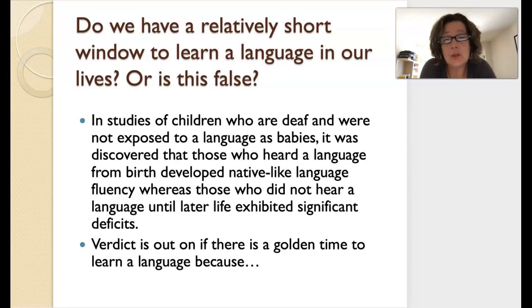Basically, in studies of children who are deaf and were not exposed to a language as babies, it was discovered that those who heard a language from birth developed native-like language fluency, whereas those who did not hear a language until later life exhibited significant deficits. Okay, so that might be one of those studies that says we actually have a relatively short window to learn a language. However, the verdict is out if there's a golden time to learn a language, because